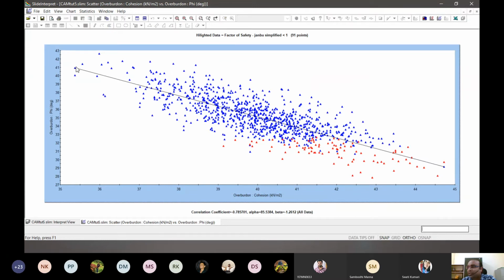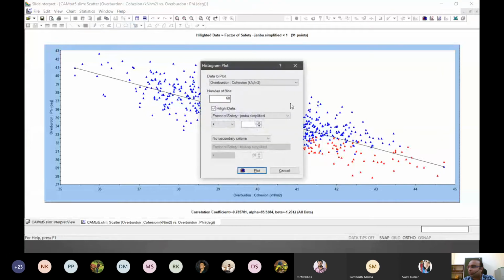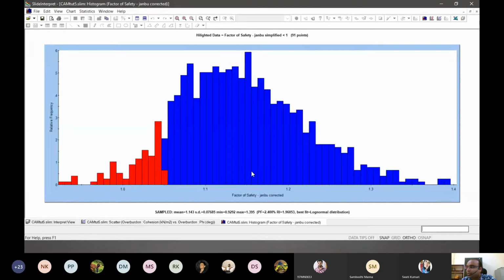So this basically is a representative idea of how naturally things are related to each other. So cohesion and friction are generally related, and based on that, if we see how the histograms have changed, they have basically become quite precise as compared to last time. So let's try that.